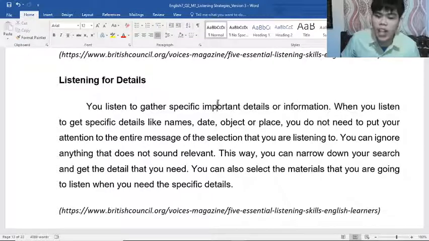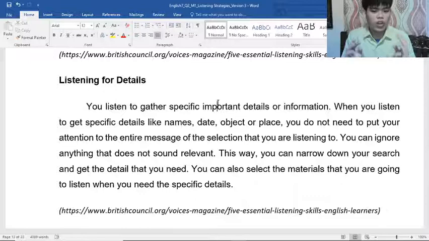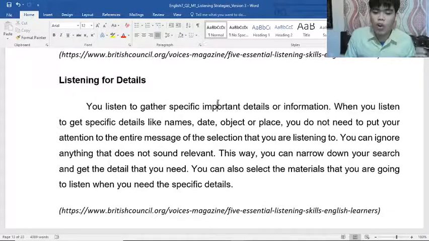Was the victim dead? Or something like that. So, now you are listening for specific details. Any other information that is not connected to the main idea, you do not need to give focus too much. So, that is listening for details. Next,